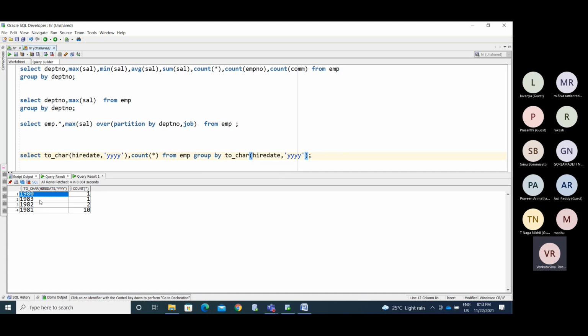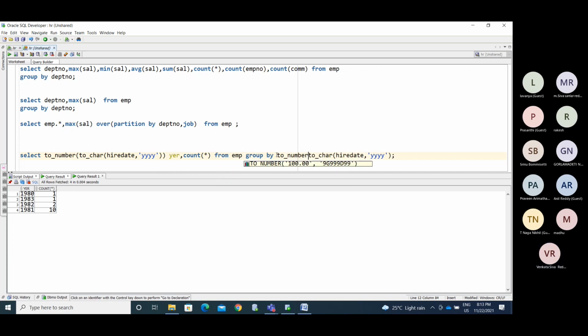Okay, this value is in the character format, the system can get confused, so I don't want to give that option as well. Now I'll make it like, I say, to number. Okay, so I need to use definitely here as well. Okay, now we have this report: year wise, how many people have joined? Number of joinees.